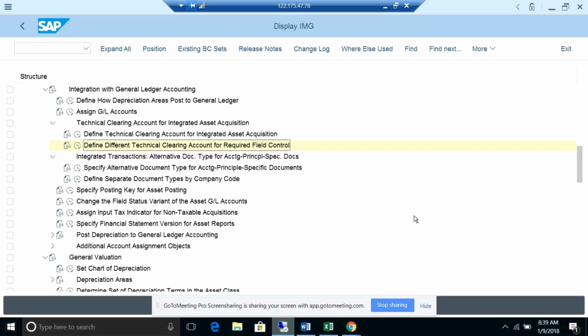But it will show only your particular accounting principle. Only one entry it will show. If you have multiple accounting principles, let me show you that. We will come to that part in the coming sessions, the front end part.